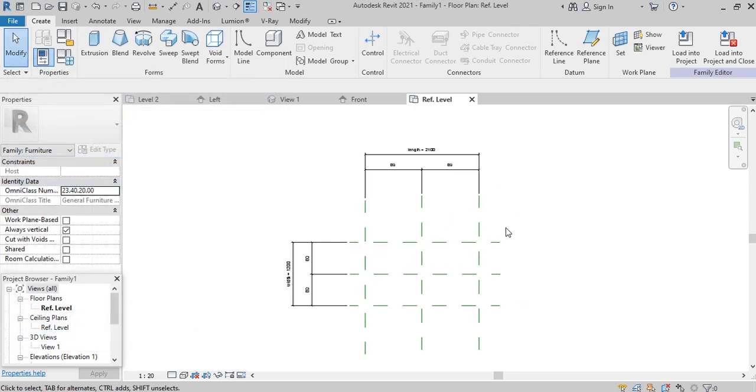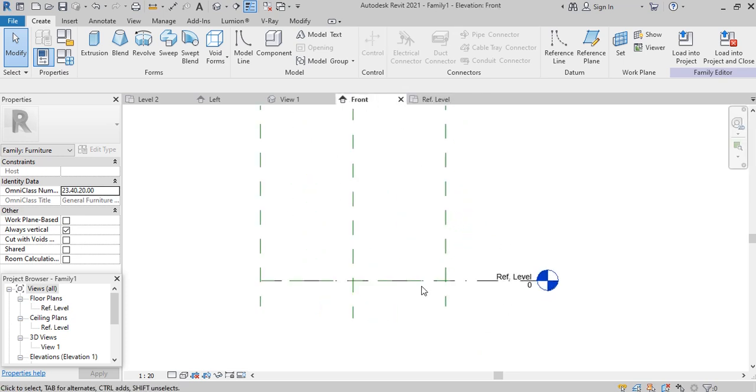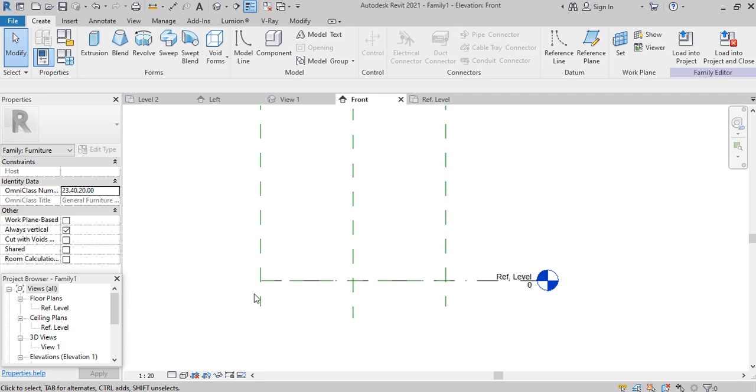Now the next thing I want to do is to go to my front view. So once I click on the front view, you're also going to notice we have the origin reference level, and then we have this also which also defines the origin, and then we have these other weak references which I had created on the reference level. So the next thing I want to set up here will control the height